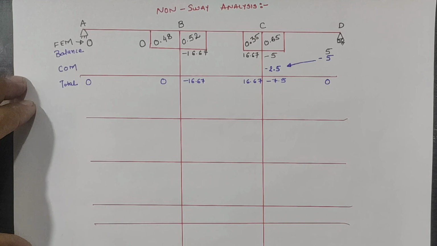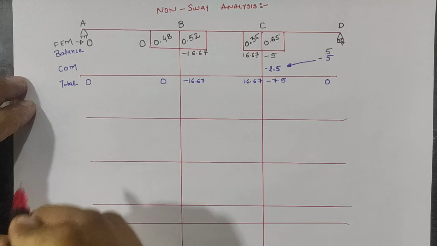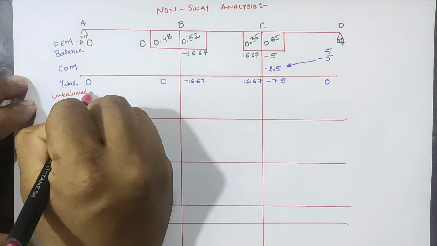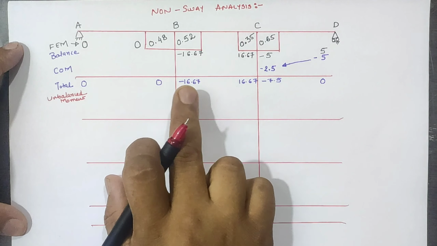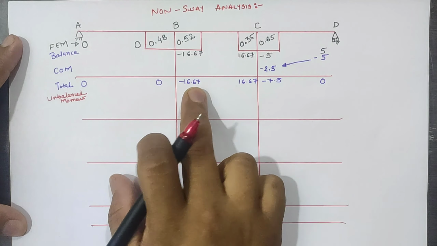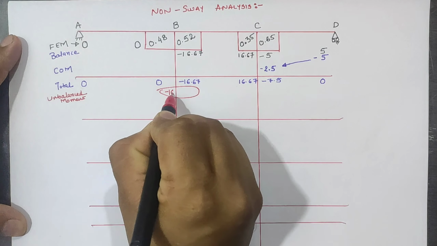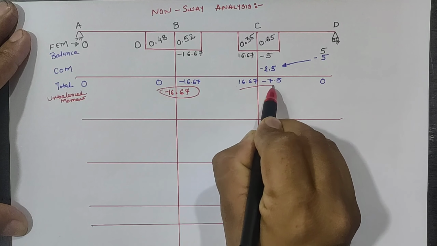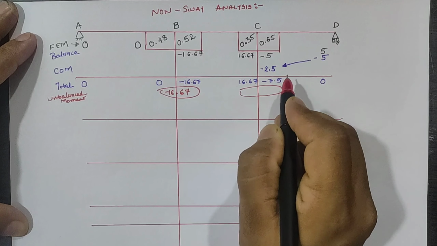the further step. We have to calculate the total algebraic summation of the moment at each joint, which is known as the unbalanced moment. So our unbalanced moment is, at joint B, the total unbalanced moment is 0 minus 16.67, hence the value is minus 16.67. Similarly at joint C, the value of unbalanced moment is 16.67 minus 7.5, which is equal to